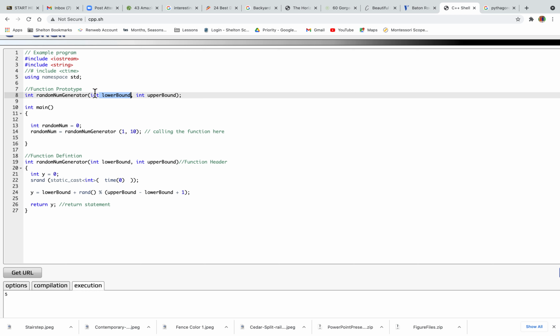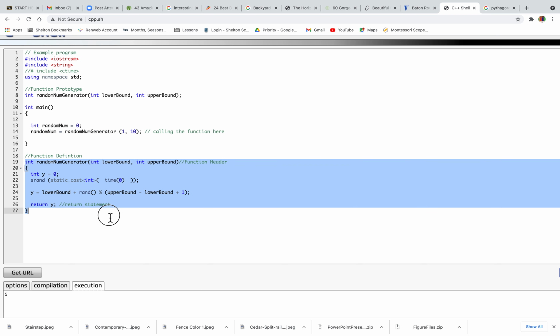That's all it does: it puts that into its memory, and then when you call the function in main, it expects an integer and an integer, and it expects the function to return a value. Also, if you have a function prototype, it also looks for the function definition, which is this part right here. So when we run this program,